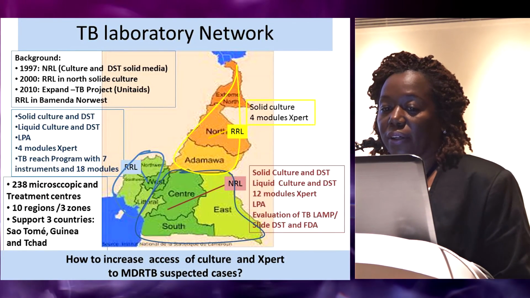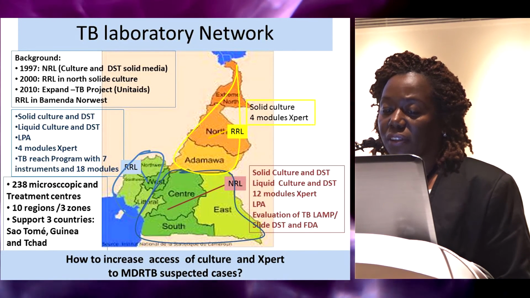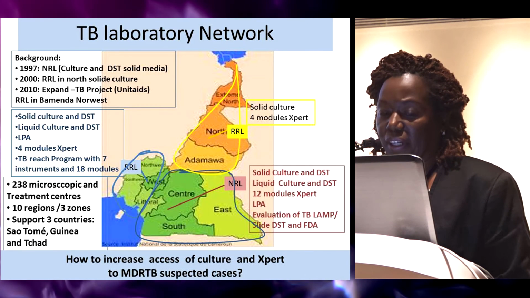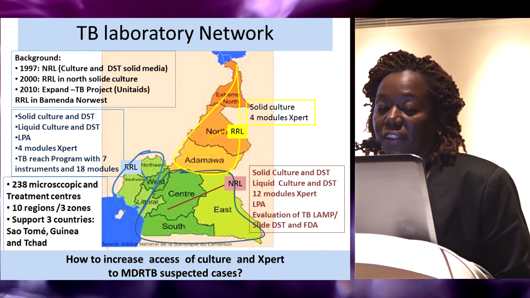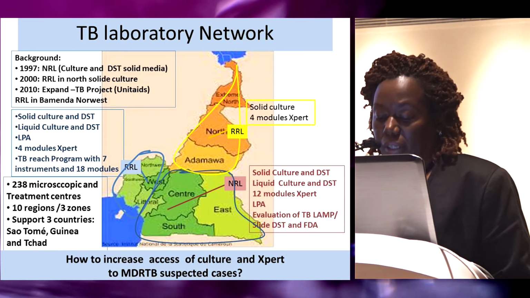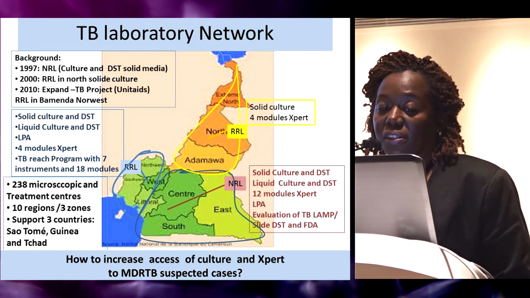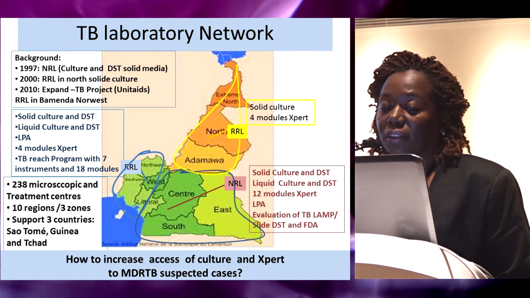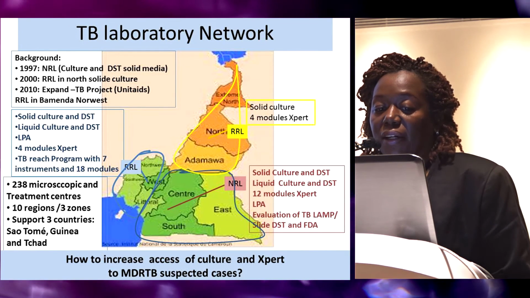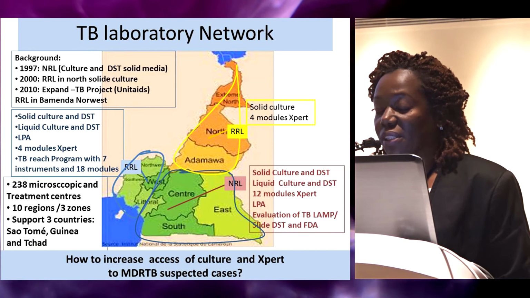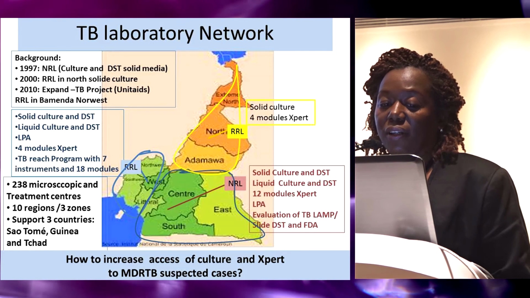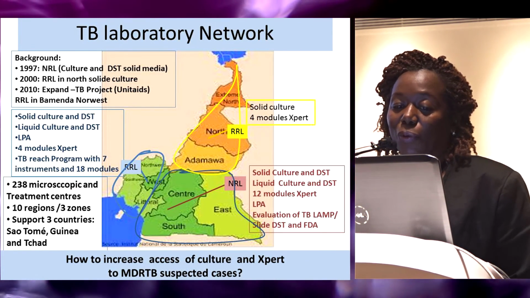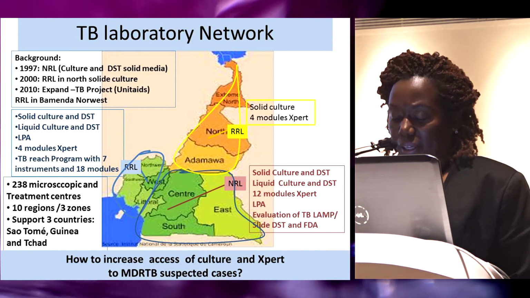So what about our TB network? Cameroon is organized in 10 regions, as shown like that. So in 1997, we implemented the first national reference lab in the capital Yaoundé with facilities for culture and DST in solid media. Later on, in 2000, we implemented a regional reference lab in the north part due to the distance, and we implemented there only facilities for solid culture, and positive cultures were sent to the national reference lab. And in 2010, we got support from the Xpert MTB program, and this support helped us to set up another reference lab in the northwest, not in the west, in the northwest, the Bamenda Regional Lab,